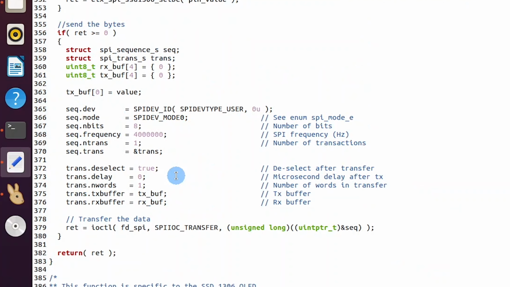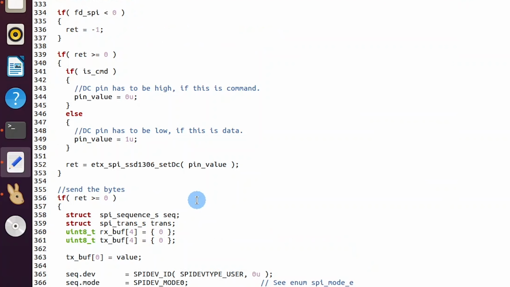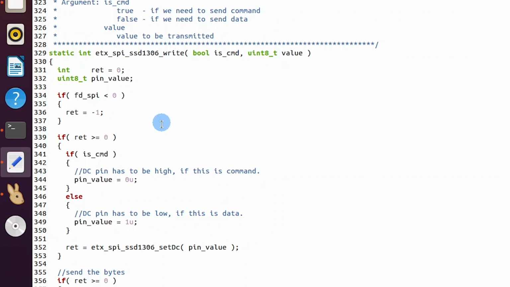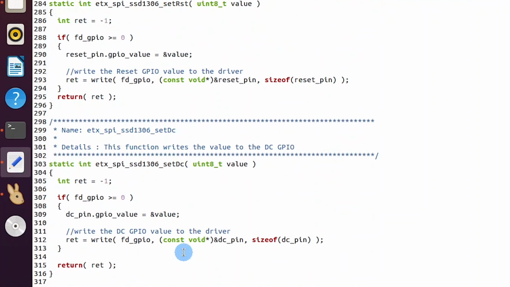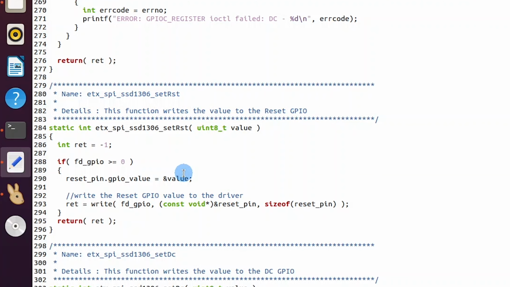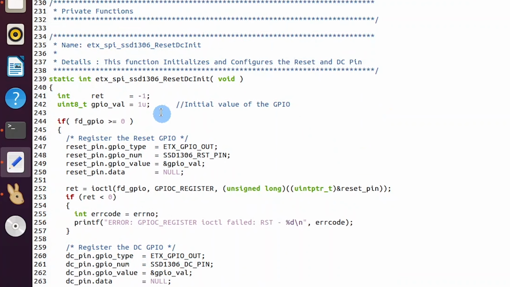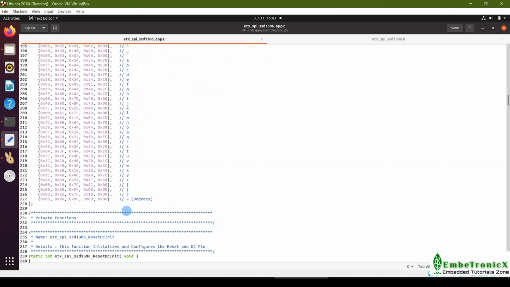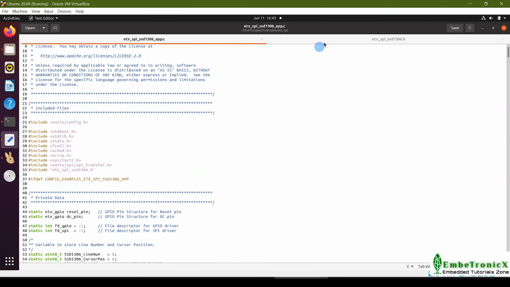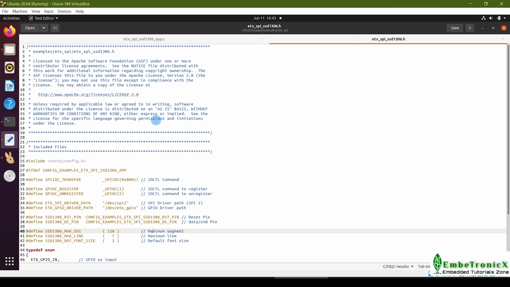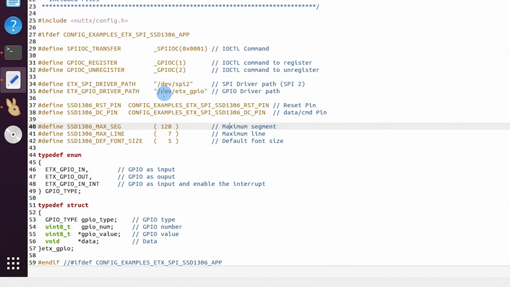This ETX SPI SSD1306 write function is used to write the data or command to the OLED display. I have not explained all these functions here as they are self-explanatory. This header file has all the required macros and variable declarations.